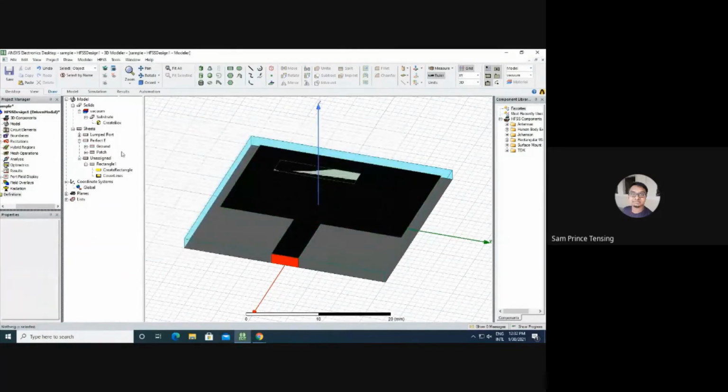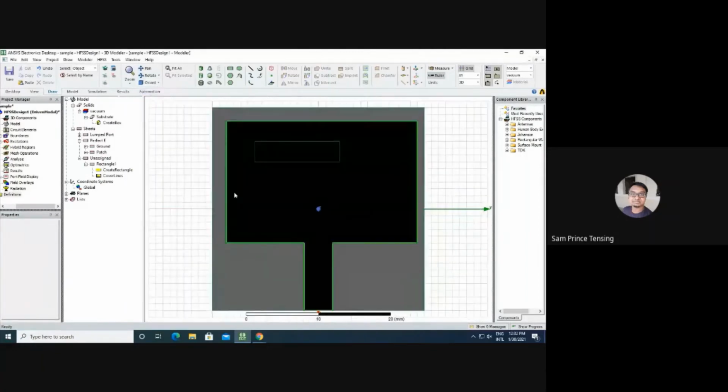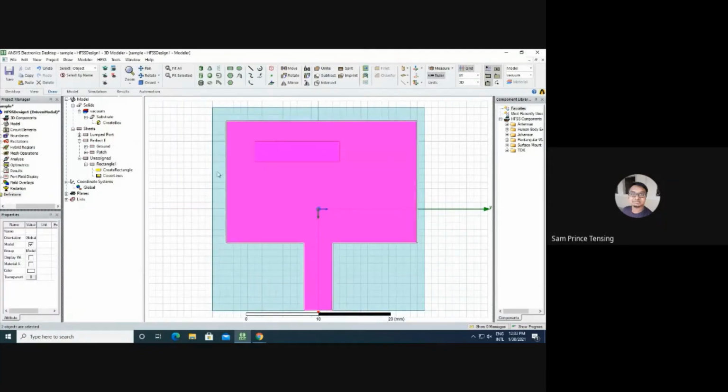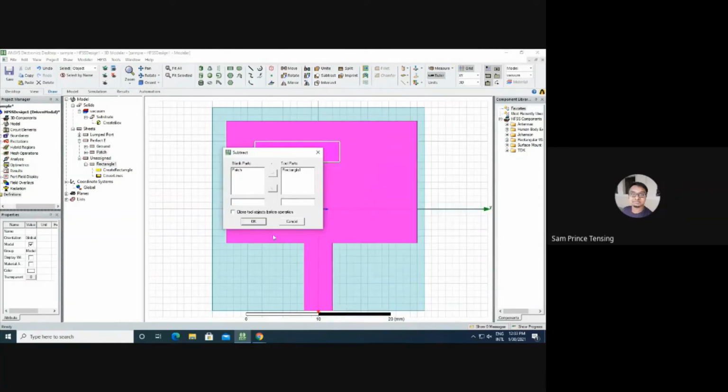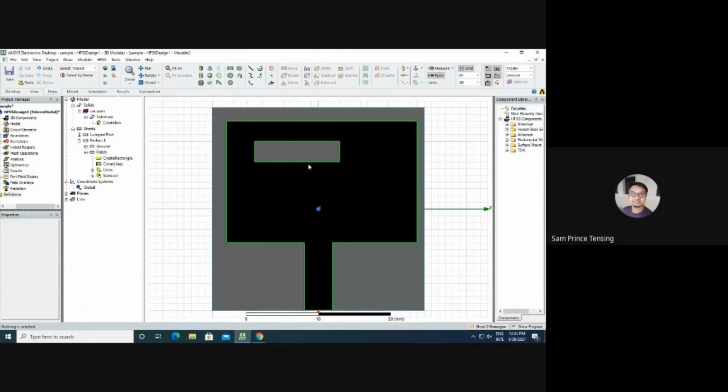So yeah, now it has come up. If you want to make any slot in the ground, you can keep the Z axis at 0. So I'm clicking the patch and the unassigned rectangle, then subtract. Right click, Edit, Boolean, Subtract. Click on it, you will get a hole.